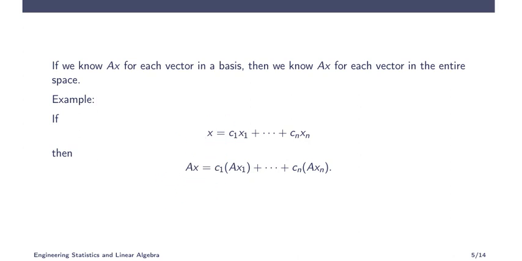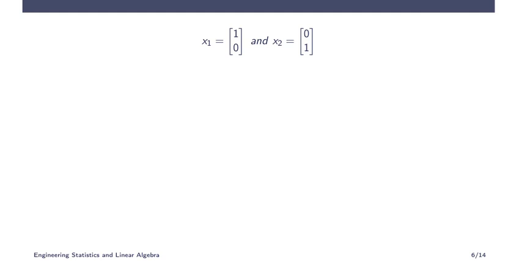As an example, we can consider two-dimensional space where the standard basis vectors are (1, 0) and (0, 1). You can write any vector, for example the vector (3, 2). So (3, 2) is nothing but 3 x1 plus 2 x2. Is this correct? 3 times x1 means (3, 0), plus 2 times x2 means (0, 2). So 3 plus 0 is 3, and 0 plus 2 is 2. So the vector (3, 2) can be obtained by this operation.